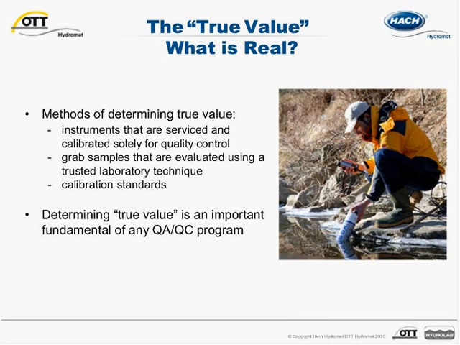The truth or true value is the reference or standard against which comparisons are made. In the water quality world, this could be another instrument that is kept maintained and out of circulation to serve as the truth. This is sometimes called a golden standard. Or a sample measured by a trusted third-party lab, perhaps using an alternative measurement method, or the use of commercially available or self-made calibration standards. So for a QA/QC program, organizers need to establish and define the true value. In some cases, it will be possible to leverage standard methods or guidelines set up by a government authority.